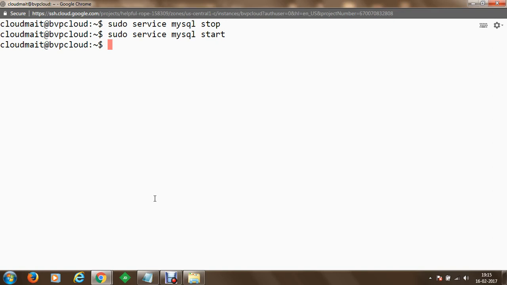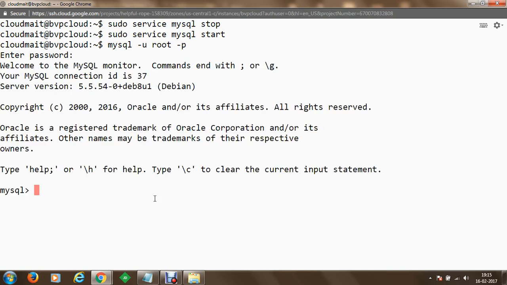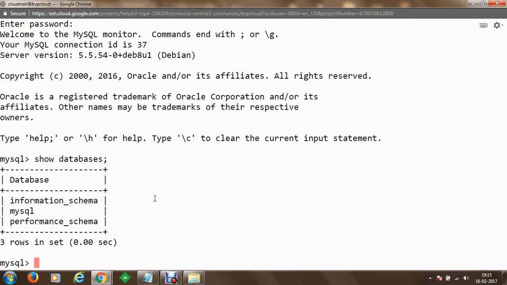To do this, we are going to execute mysql -u root, and we are going to provide a password. You remember we set the password as ABCDE12345. For security reasons, the password will not be displayed on the console. Once we press enter, we are logged into our MySQL account. At the moment, if we show databases in this MySQL database engine, there are 3 databases available.